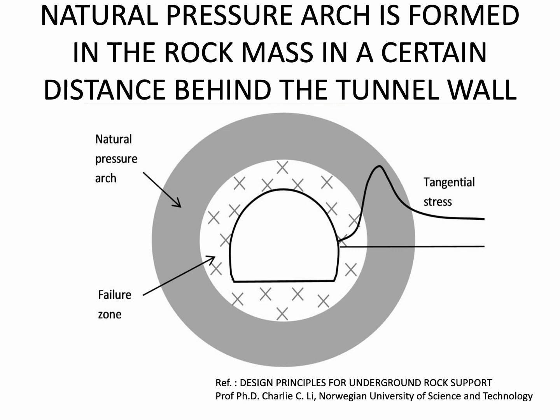This failure zone has lesser tangential stresses, and after a certain distance, when this failure zone is finished and more competent rock is present around, in that competent rock the tangential stresses increase and thereafter they decrease